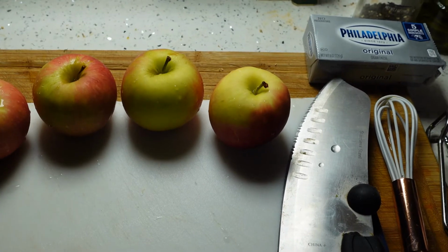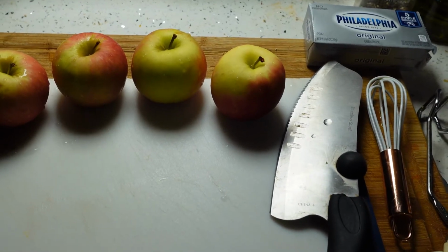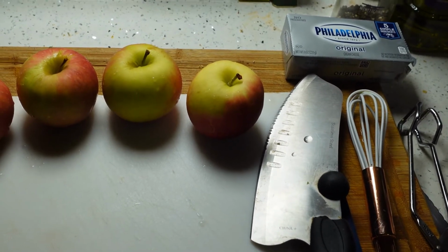So I got 3 to 4 apples. I'll probably use 3 or 4. I'll cut it and see how much. If it's too much, I'll probably use 3. In 1 cup of almond flour, and I'll use, instead of sugar,